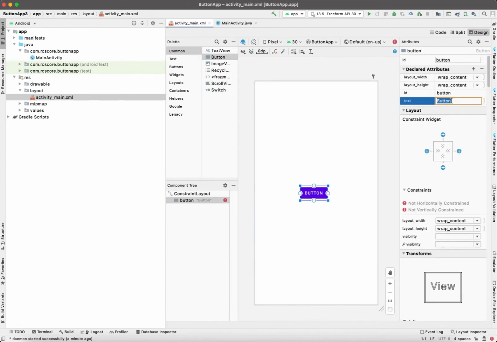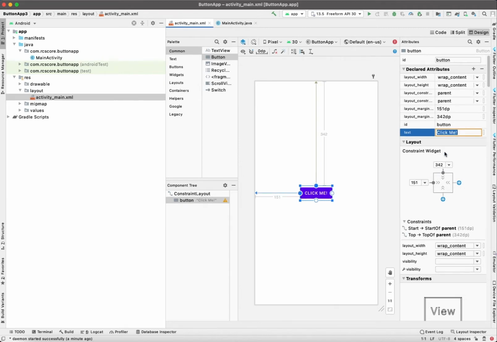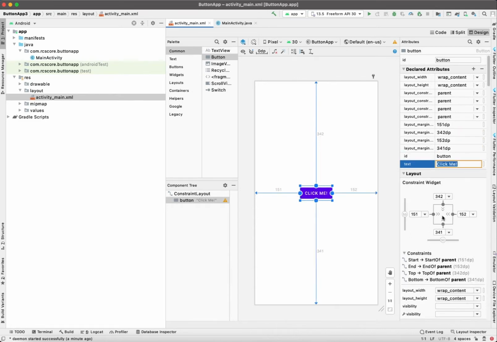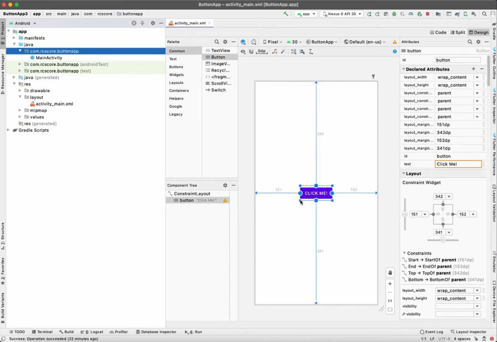This is for the text of the button, so we'll just put click me. You can put whatever you want. Then if you tap on each of these plus signs, it'll center it. Then go over to